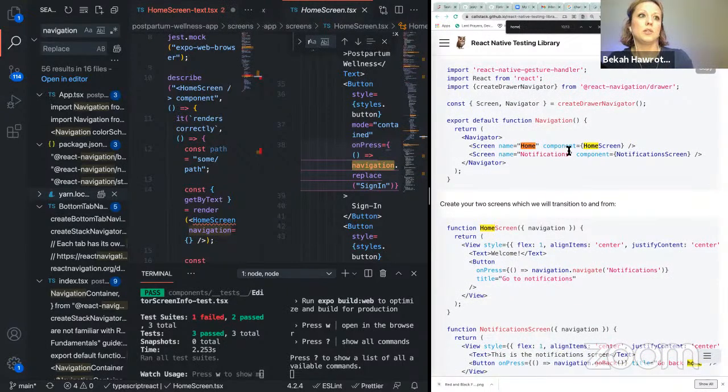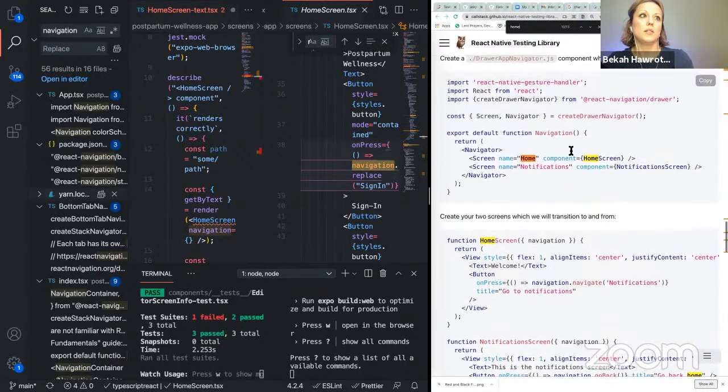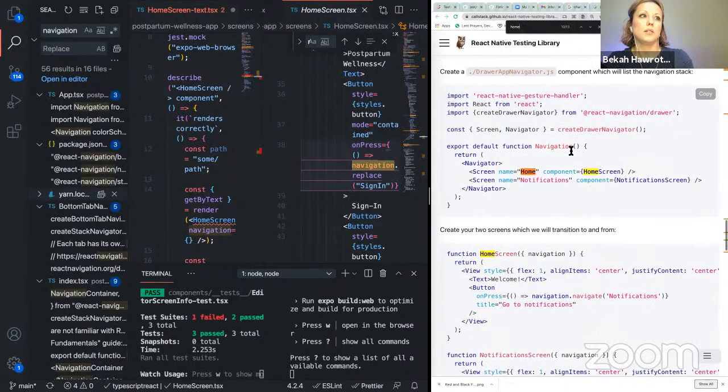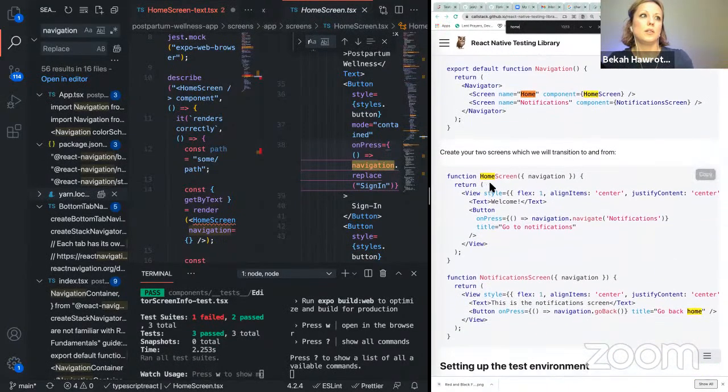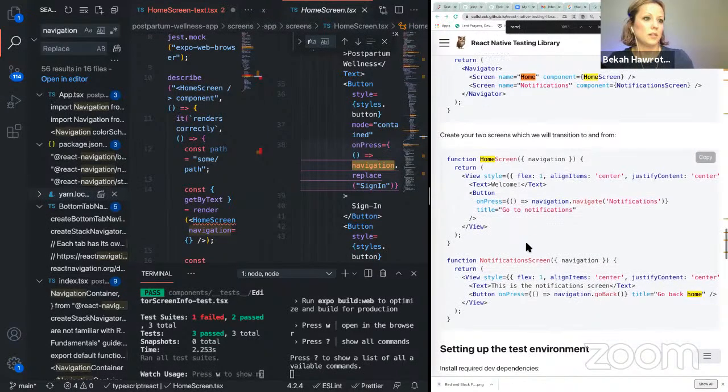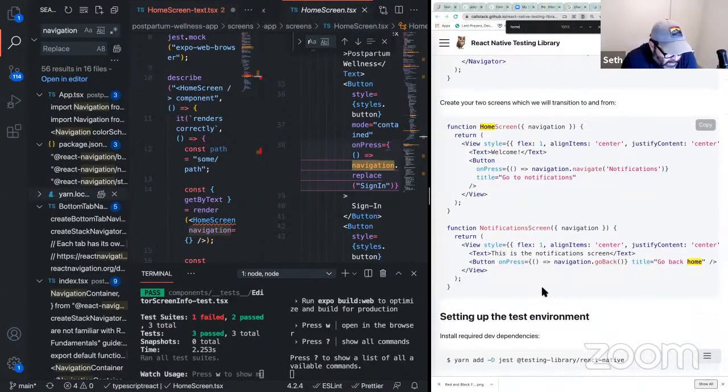And then they're looking at the screen. Yeah, so tab one stack dot screen.